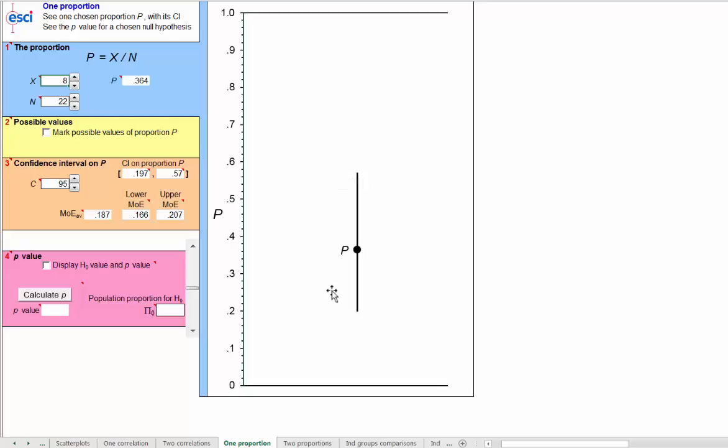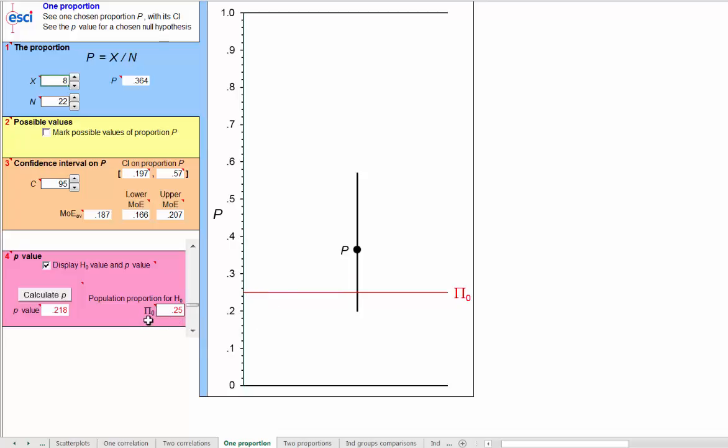But it's still a very long confidence interval, from about 0.2 up to about 0.6. So 0.25 is what you'd expect by chance. This result certainly doesn't provide any evidence at all against random guessing, because 0.25 is well within this 95% confidence interval. You could take a p-value approach and say, here is the null hypothesized value. I'll use this slider to bring it down to 0.25. There we go,